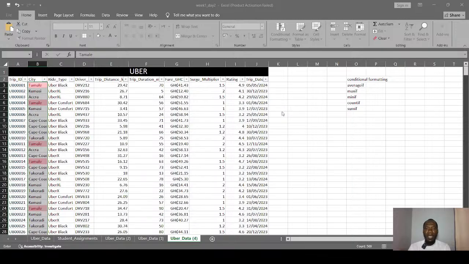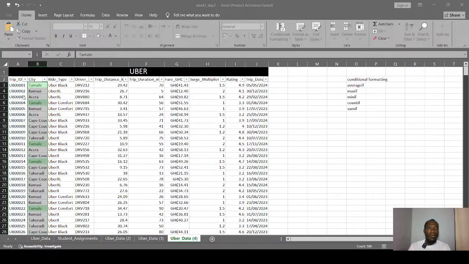Next to where you type your name, you see width and then another box which says light red fill with dark red text. When you click on the drop down next to that, you will see different colors. So you have yellow fill with dark yellow text. When I click on that, you see that everything there has changed into yellow. Then if I select the green fill with dark green text, see that it changes from yellow to green, right?